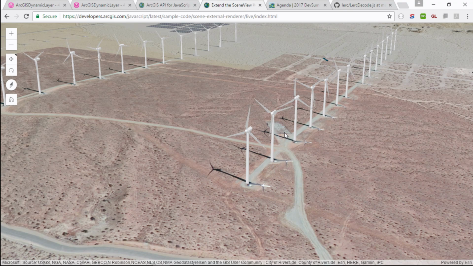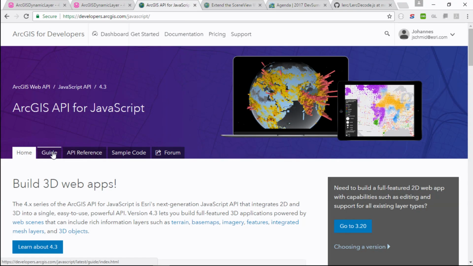One thing that I mentioned in the plenary is that if you really have a specific visualization need in 3D, like in 2D, you can do exactly the same. You can just go ahead and directly render that on the screen, right? In 3D, it's a bit more complicated, and you actually have to do WebGL rendering and everything. But if you go to the JavaScript API,